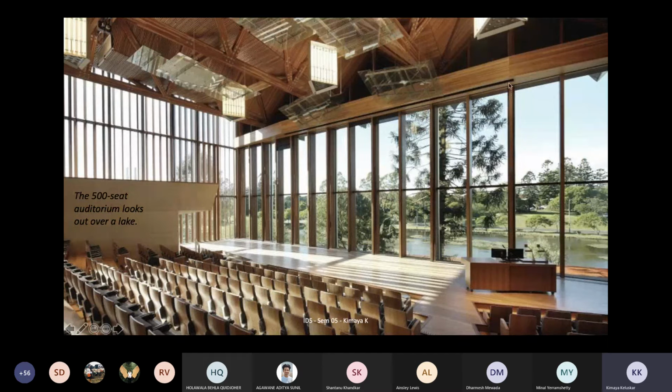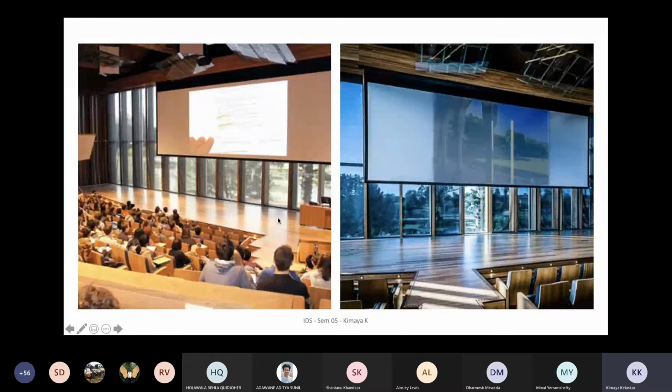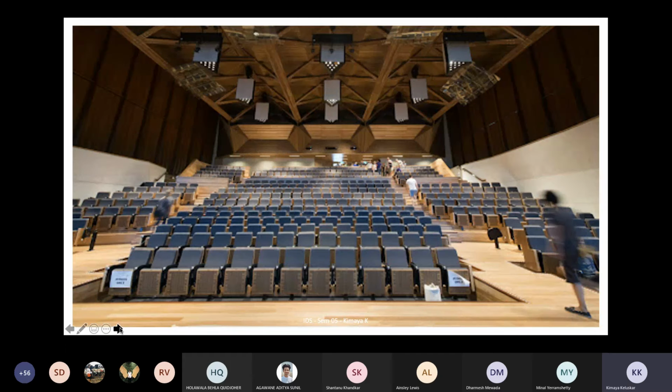So the black slit that you see on the top of the beam, on that elevation, is from where the screen rolls down. I'll be showing you images. The entire roof has been created using trusses so that it spans the entire space which has been designed. These are the images of the screens, where the screen just rolls down. The roof is also very modulated so that your acoustics work well.